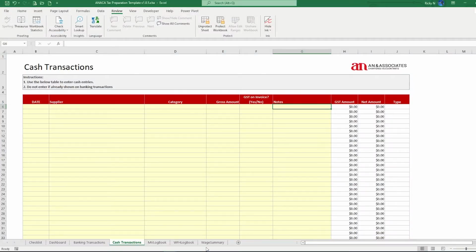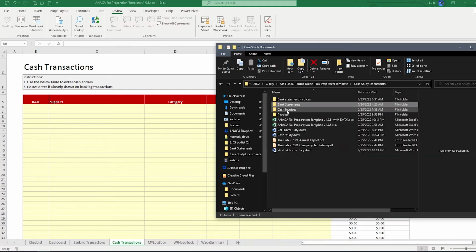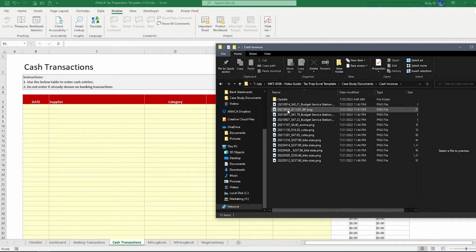All right, so the next worksheet is the cash transaction worksheet. This is mainly to capture cash expenses. If you paid suppliers using cash, then you will want to look at this worksheet here. The example we have here is the client would have already prepared their list of invoices that they've paid with cash. You can see dates on it, you can see the amounts, and you can see where it was paid to, or who the supplier was that was paid.